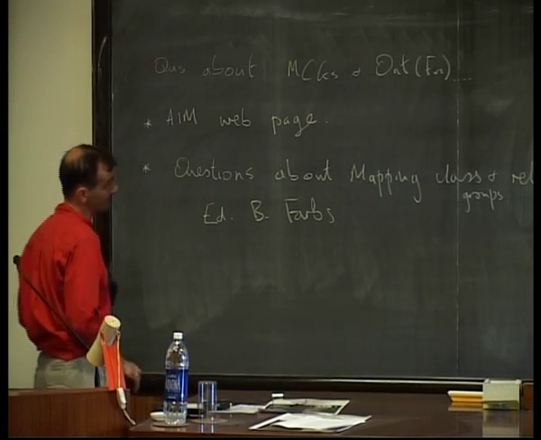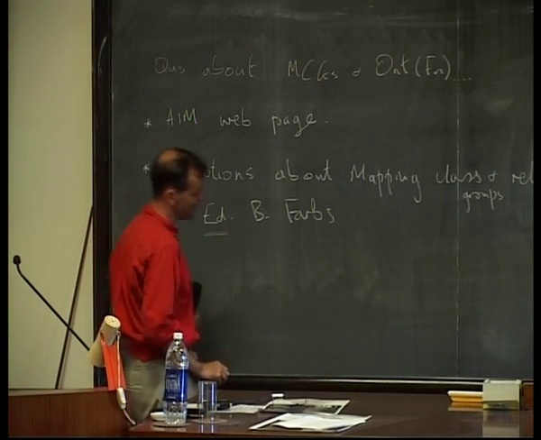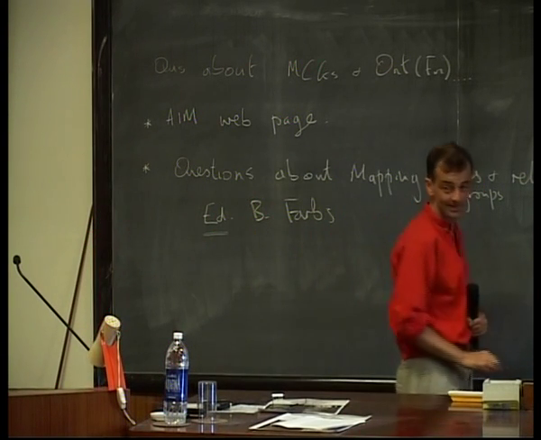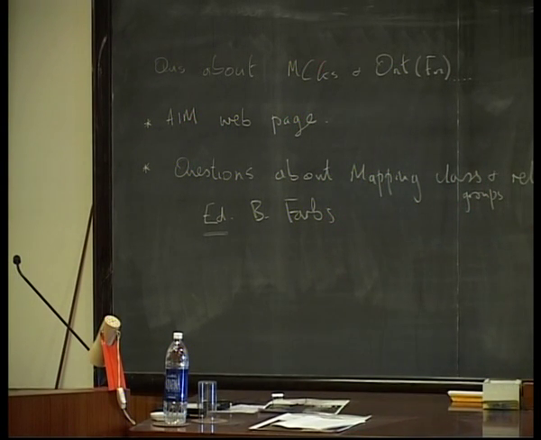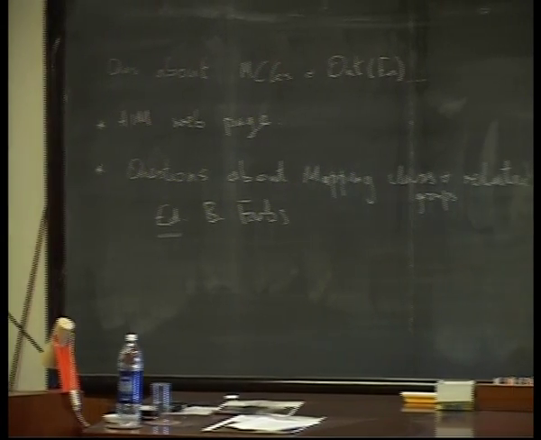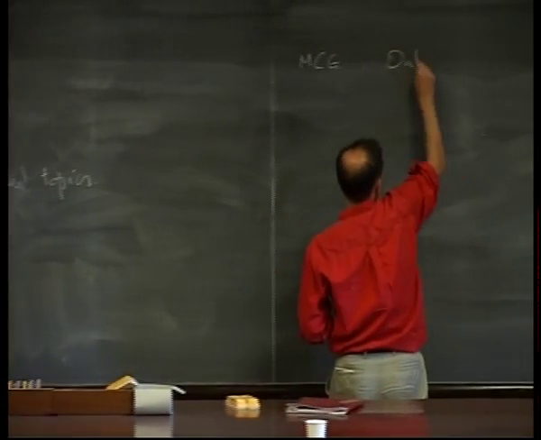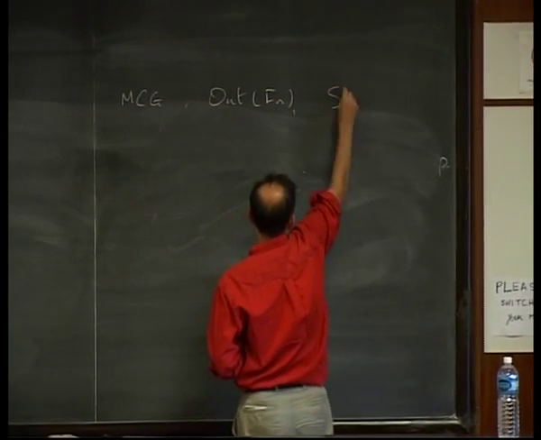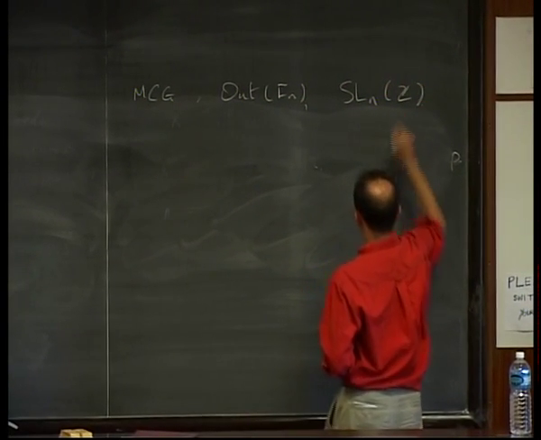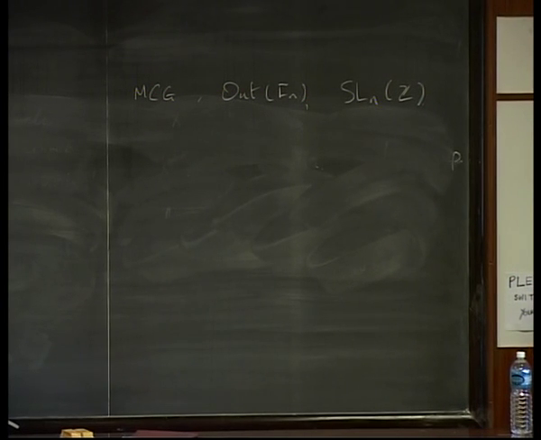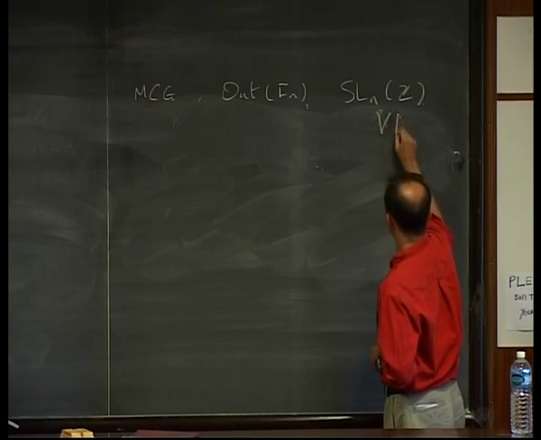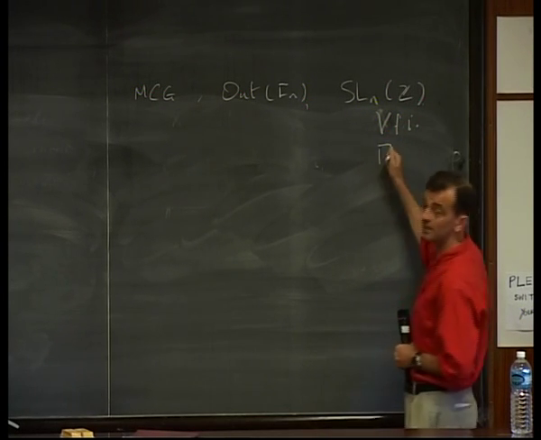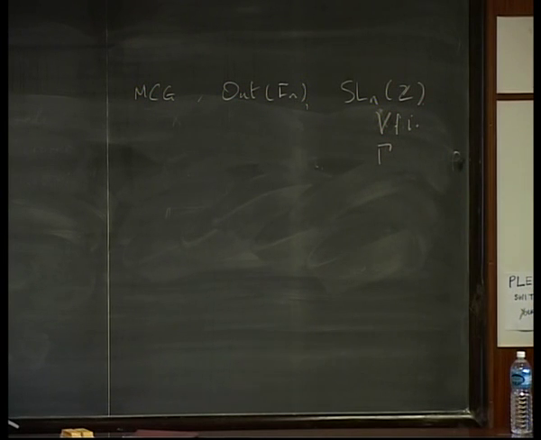And I want to just take one question because it's a question that really bothers me. It keeps me awake at night. It's very irritating. It's very easily stated. And I'll explain to you why I care about this question. So there's this analogy between mapping class groups, Out(F_n), and SL_n(Z), or higher rank lattices in general. But you might say, if you pass to a subgroup of finite index, then you still have a lattice. So it still enjoys all the properties of the lattice. In particular, it enjoys all the rigidity properties of the lattice.